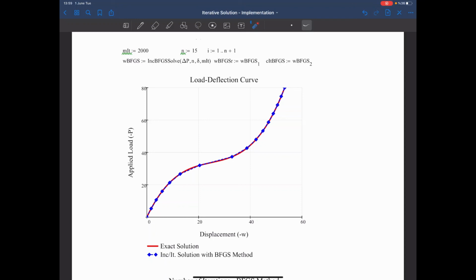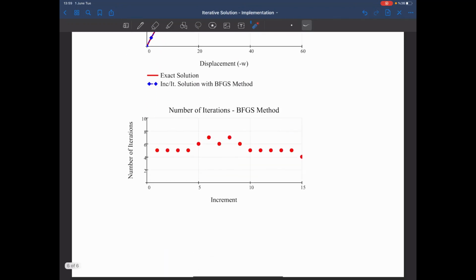Physically it doesn't mean anything, but mathematically it gives me a slope between the Newton-Raphson and the modified Newton-Raphson method. So with this approach I was able to again trace the full load deformation path. Now let's take a look at the number of iterations. With the Newton-Raphson method we were at 2 to 4 iterations, and here the number of iterations is a little bit larger